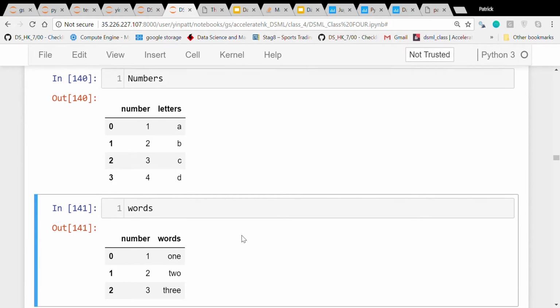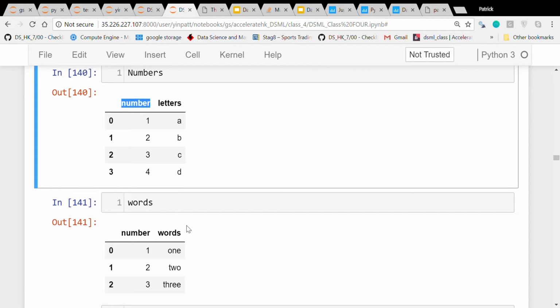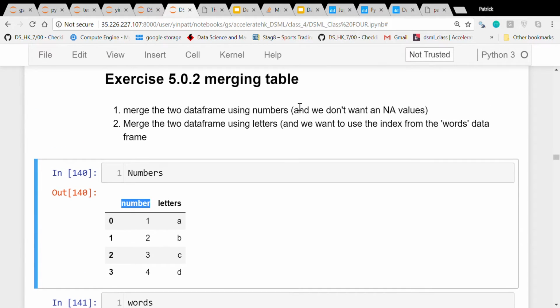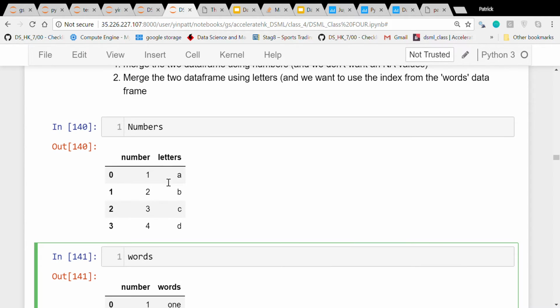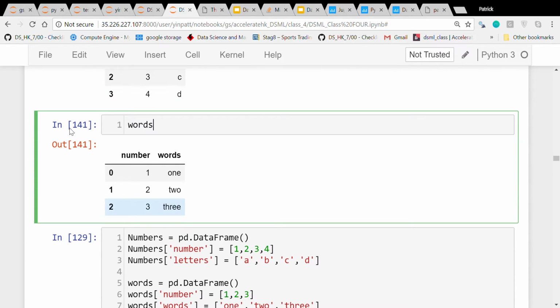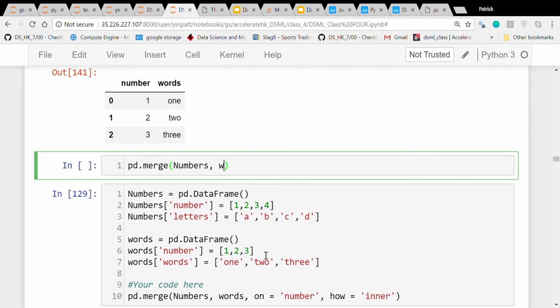If I want to merge the two data frames, I need to find the common key. The common key is this column, number. And I don't want any NA value, so I want an inner join. So how can I merge the two data frames? Again, we have to use pandas pd, and we have to merge, and then we put the two data frames inside, numbers and words, and because we have a common key called number,